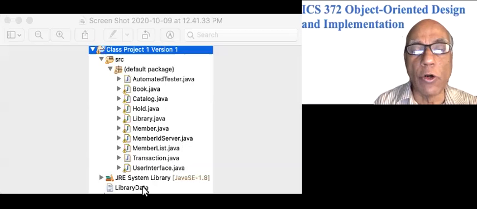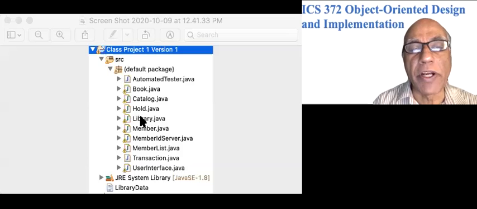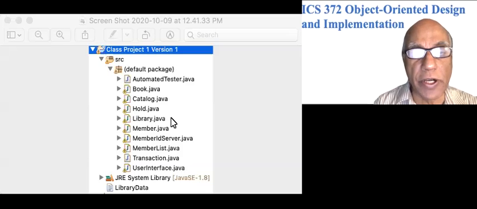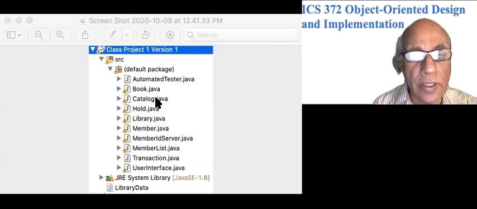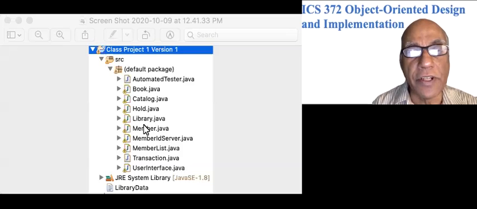Let me briefly go over them, although most of them might be pretty evident. UserInterface.java is the user interface. Library.java is the facade, the library class. Then we have the book and member classes. Catalog and member list are